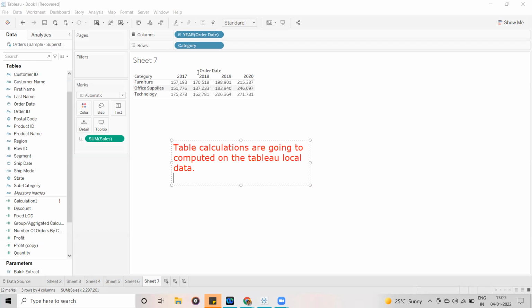Two dimensions, one is Category and another is Order Date, and one measure, sum of Sales. Using these three fields, we have created one simple visualization.